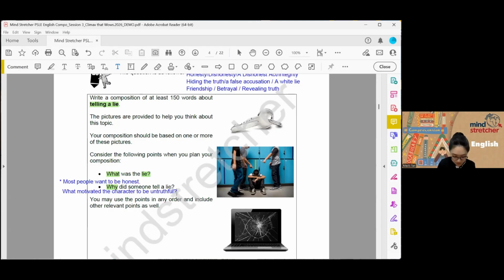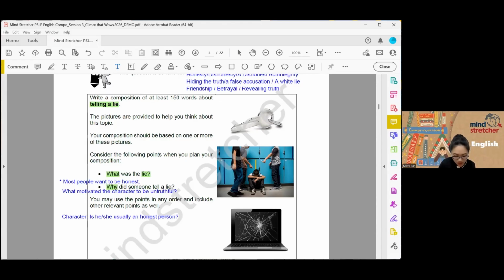You need to think about your character. Is he or she usually an honest person? Something for you to think about, right? Characterization. Is he or she usually an honest person? So if you say yes, you will have a certain storyline. If you say no, you'll have a certain storyline, right? If you say no, that means this person is very good at telling lies and he has no problems with telling lies, right? It's a very different character. Okay, so first question, is he or she an honest person?